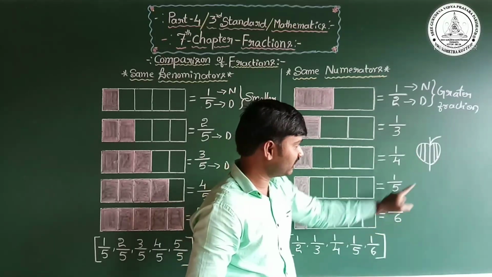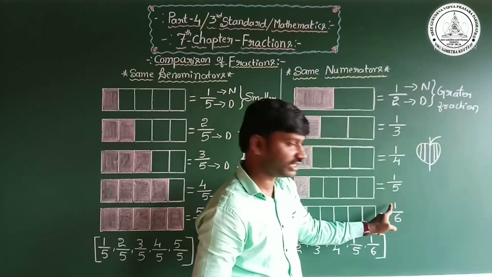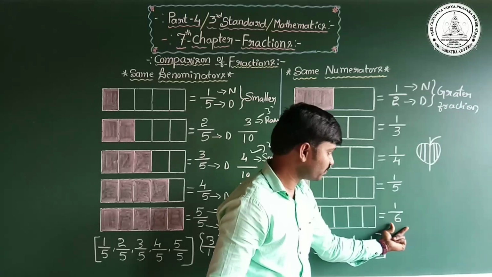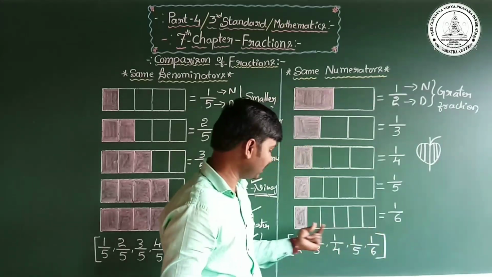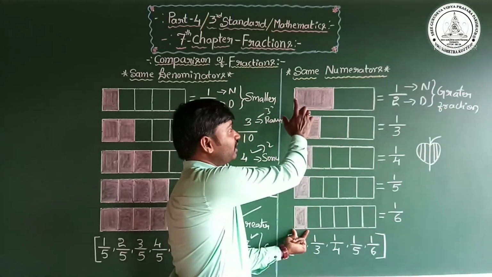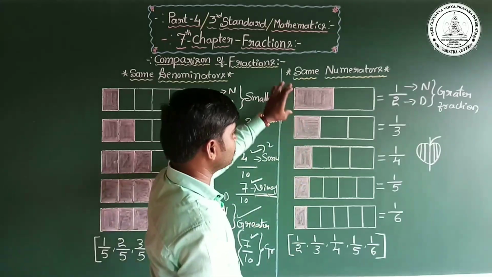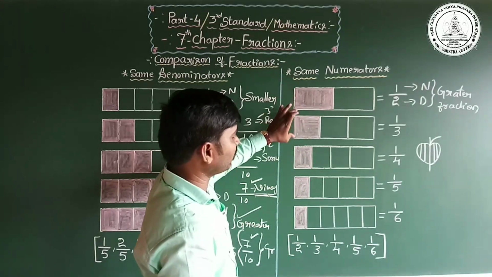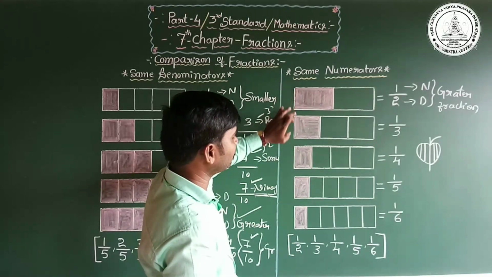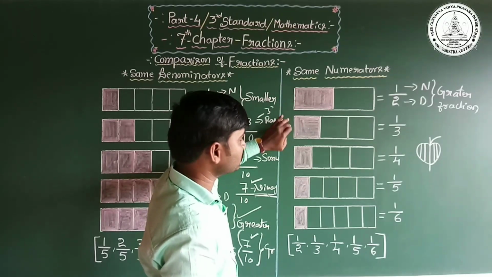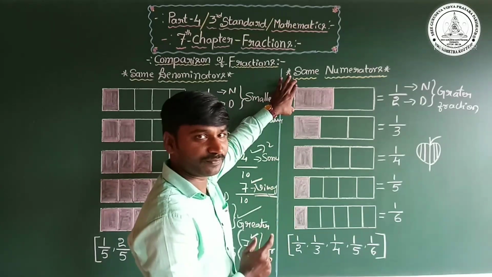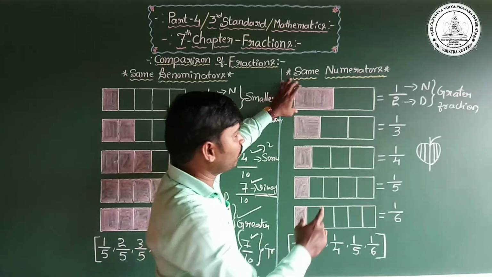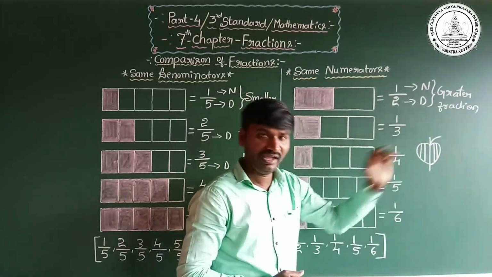So this is one apple, consider it as 1. When we divide it into 6 parts, you get a very small part compared to this. Yes, observe, this is 1 by 3. Compare these two diagrams. This looks bigger. Yes, you get more of the apple.